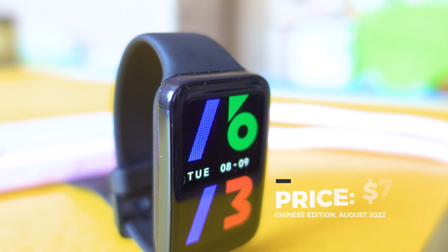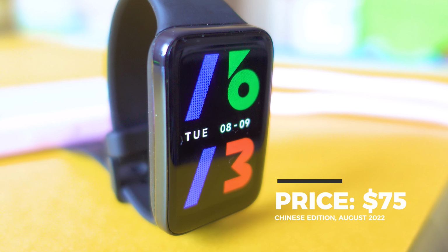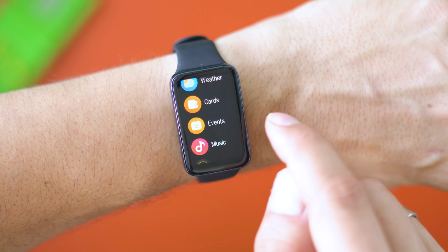Therefore, a lot of web stores tend to offer the product kind of off the record, and you can easily buy it. But if I were you, I would seriously think twice in case I have to choose between the regular Xiaomi Smart Band 7 and the 7 Pro, because this minor software limitation can turn into quite serious drawbacks